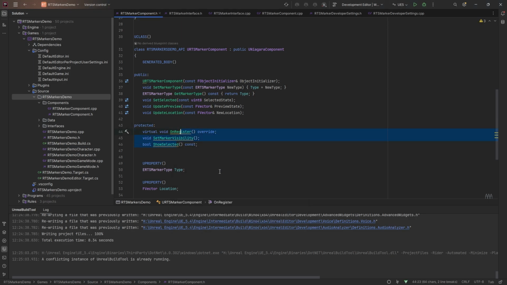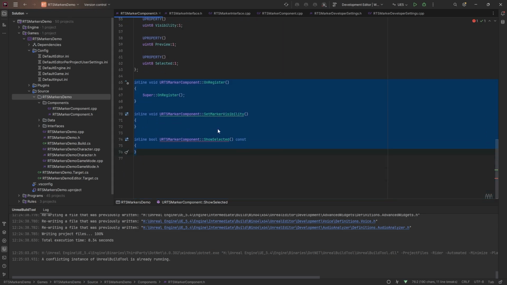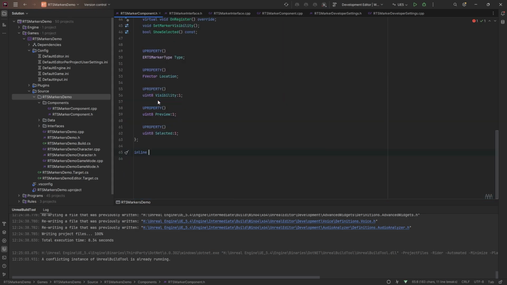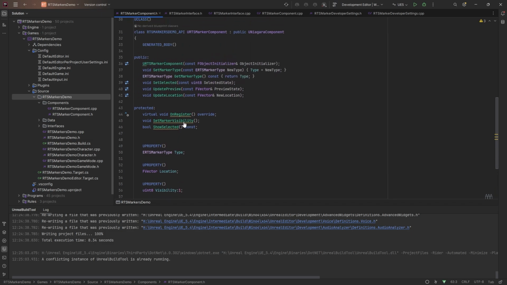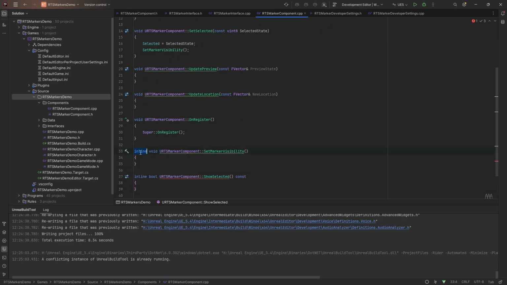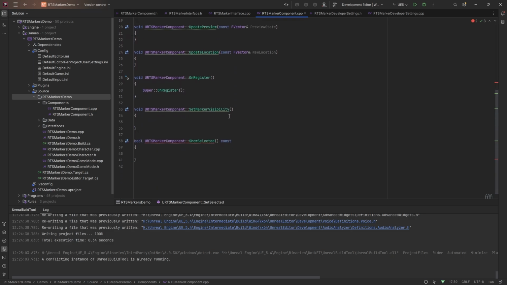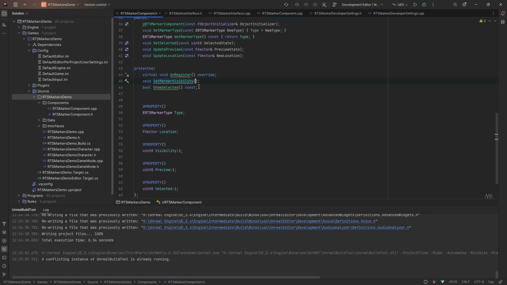Let's build all those three. Why did that do inline? Must have an error or something. Don't know. So this show selected, that's what we're going to pass to the set marker visibility. I didn't put the param in there. So, yeah. This will be